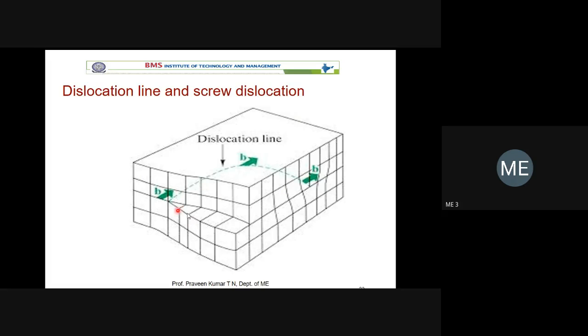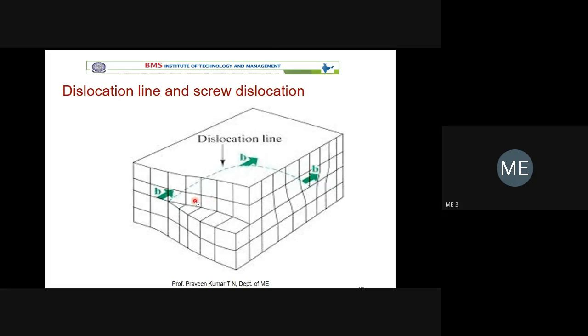You have to understand. You have the bottom half plane, and there is one more top half plane. I hope this is your slip plane. There is a flat surface. You can imagine a slip plane when you are walking on a wet floor. The top surface of the floor is a slip plane, and the bottom surface of your chappal or shoe is again a slip plane. Now you may not move straight, because whenever slipping, you may turn also. Then it is referred to as a screw dislocation.